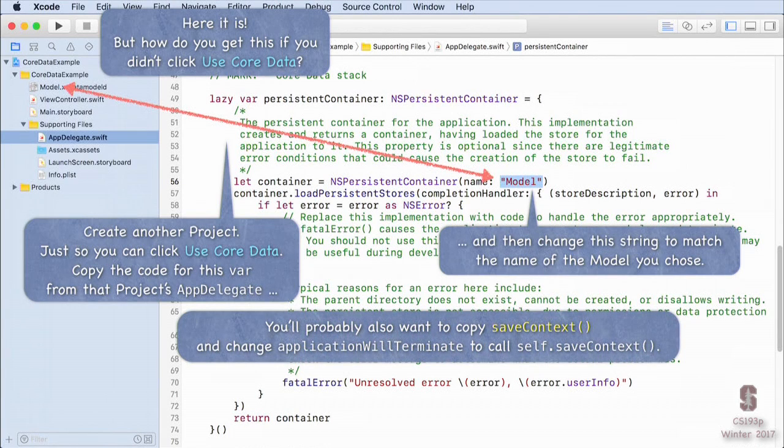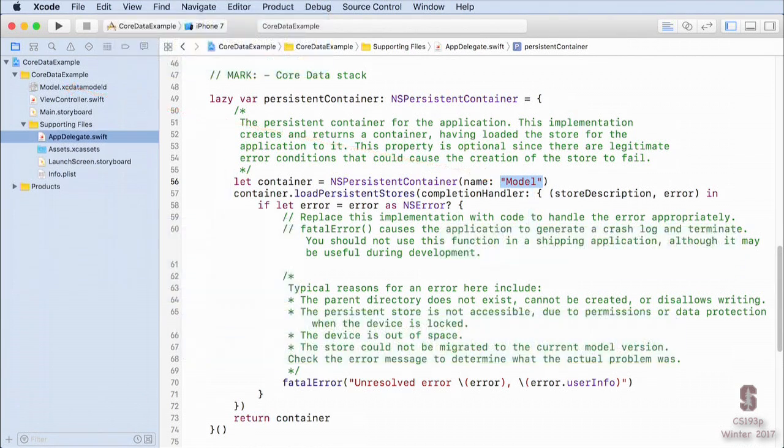It does provide another thing in your app delegate, which is a function called saveContext. It's a very simple little function. I'm going to show you how you could write it yourself. If you want to copy it in, you can. Also, I notice that they have applicationWillTerminate, which is this app delegate method that gets called right before you get terminated, or you terminate it anyway. And they call saveContext. Well, it's kind of a good idea. saveContext just saves your database. That's what saveContext does. All right, so this is how you can make up if you didn't do it. So anyway, you can see that the only thing in here is this lazy var persistentContainer. And I'm going to talk all about persistentContainer because that's the thing that essentially contains your database.